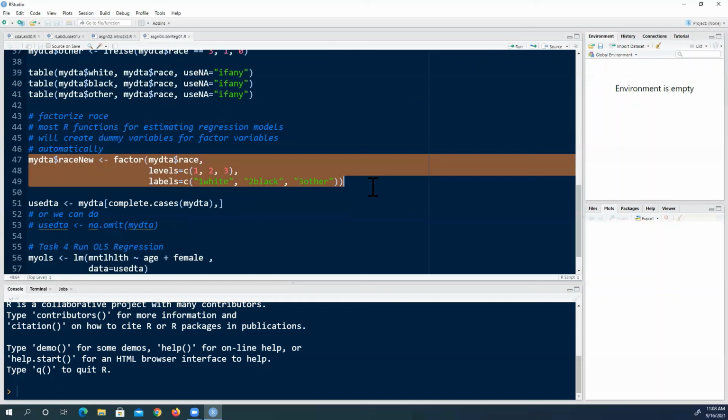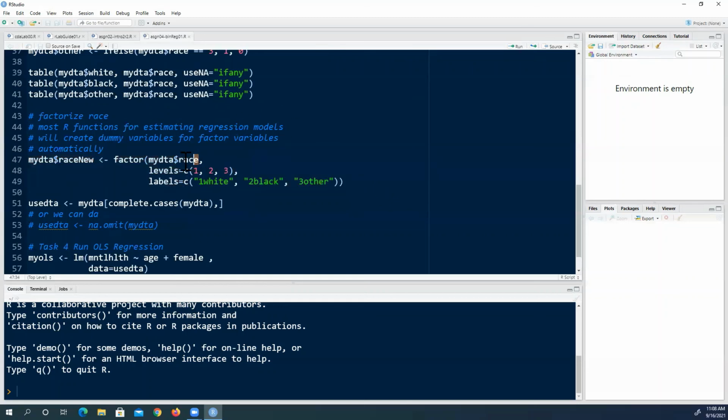If we turn a variable, in this case the race variable, into a factor variable, and the data frame recognizes that race has now become a factor variable, which it was not after we read in this data file, then we can directly use this factor variable, and dummy variables are going to be created automatically by the majority of our estimation functions. There are always exceptions, and I will explain